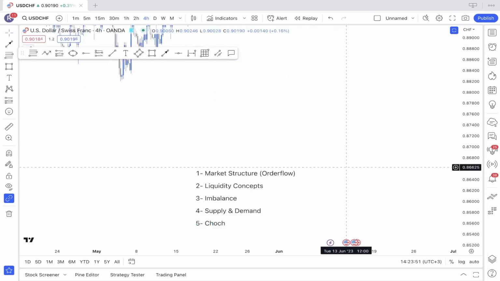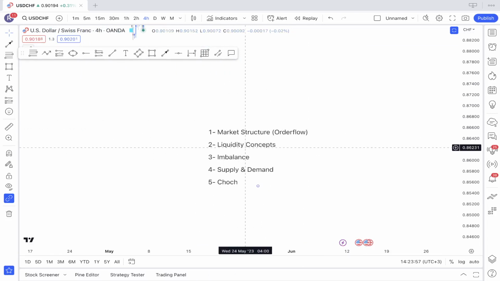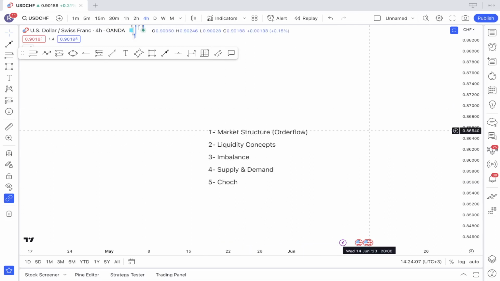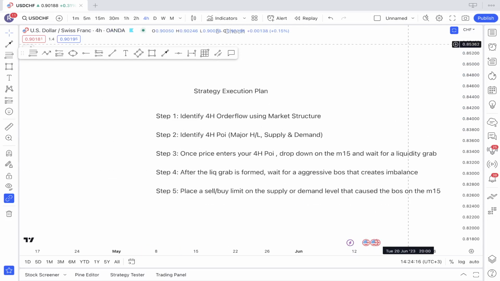So I made individual videos for all of these concepts: for market structure, order flow, liquidity concepts, imbalance, supply and demand, and change of character. And step by step I will explain to you how we will use these concepts in this SMC strategy. Okay, so right here I have a strategy execution plan that we are going to go through before